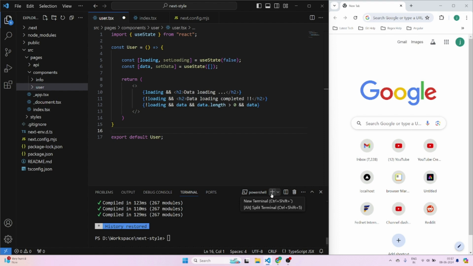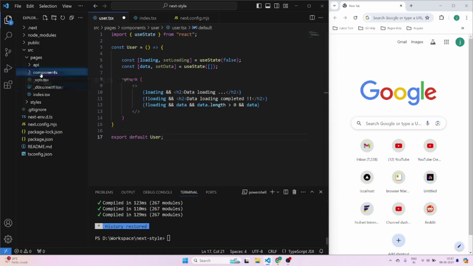So in this video, we'll see how to render a list in your React application. Here I already have a Next.js application up and running. For the sake of this tutorial, I'll create one more component called list. So I'll go to the components folder, add a folder called list, and inside list, I'll add one more file called